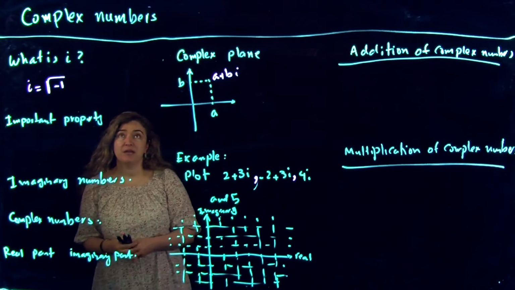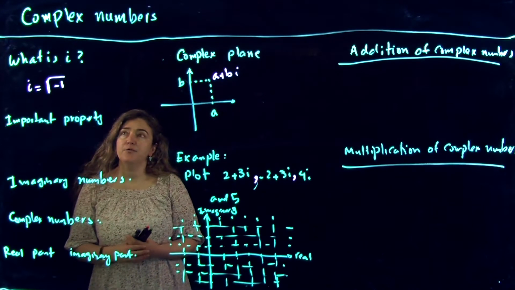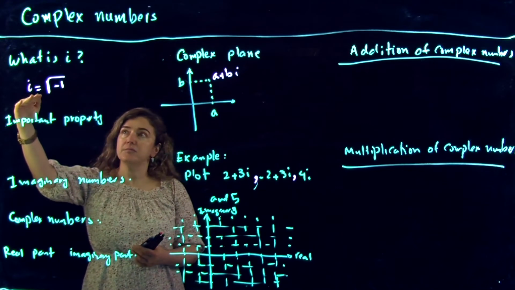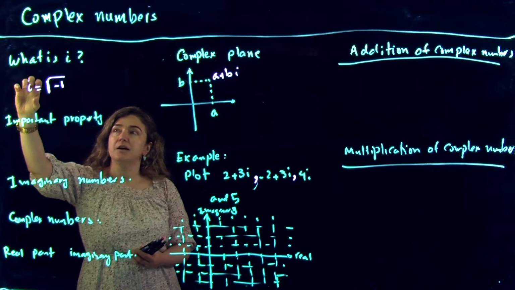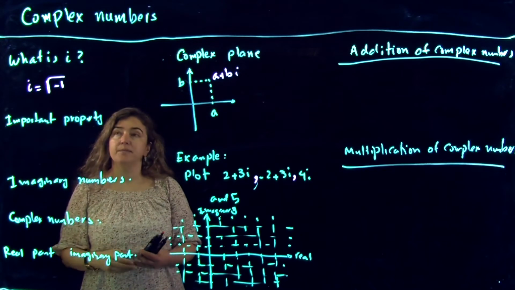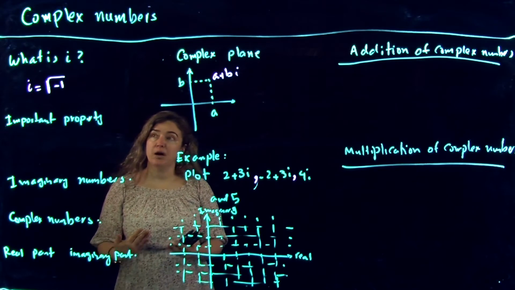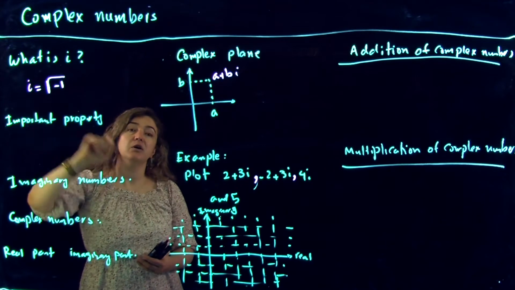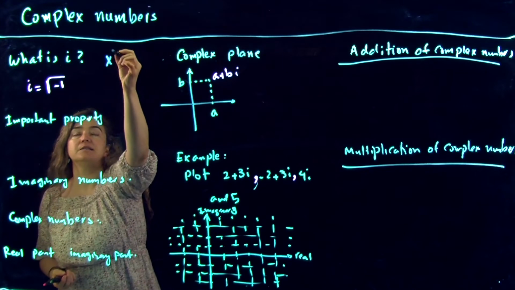So this video is about an introduction, basically, to complex numbers. First thing that we want to discuss is what we keep seeing in solving quadratic equations: some quadratic equations did not have solution in real numbers. And the reason the solution would not show up was that we would end up with a negative value under the square root. So, for example, you used to see, let's say, x squared